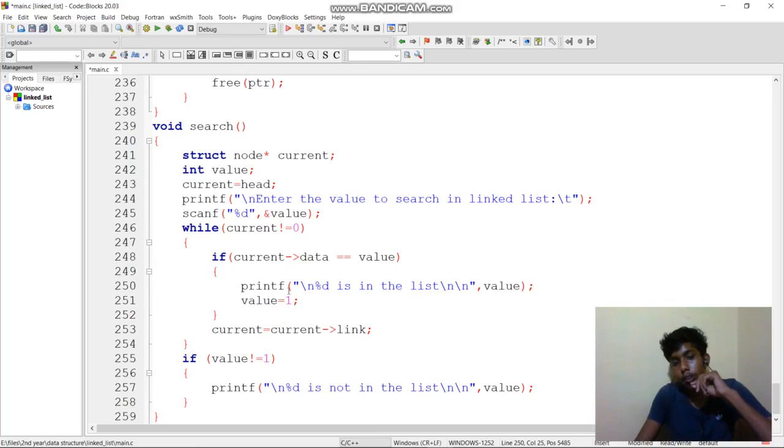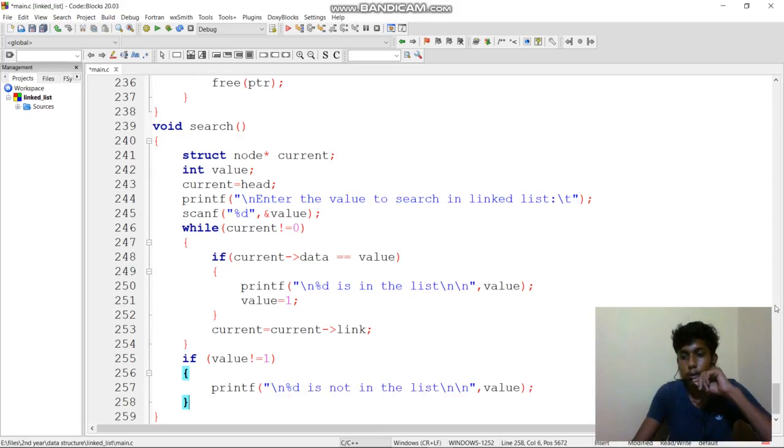If no value is matched in the list, the value is not 1, that means it is not matched, so the value is not in the list, that is, 2 is not in the list.